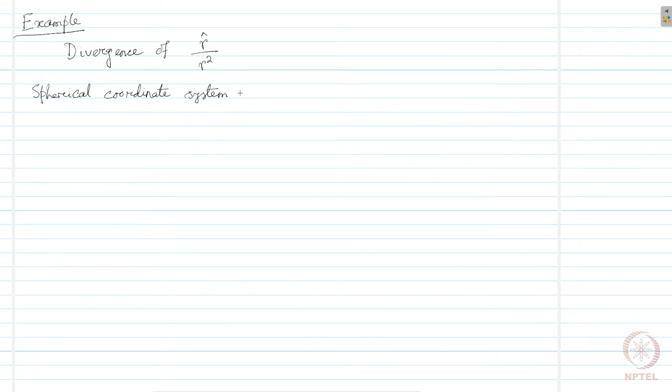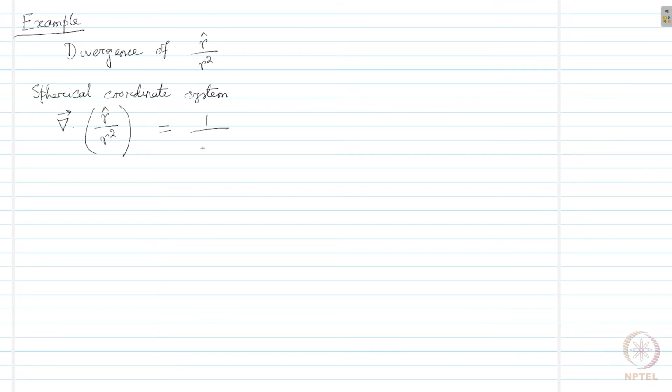Because we have only the r component here, if we move into spherical coordinate system, that's how the problem gets simplified. So, we will have only the r component in the expression for divergence. So, we will write it down as divergence of r cap over r squared